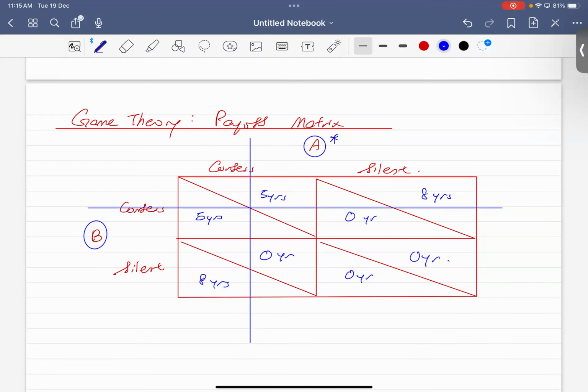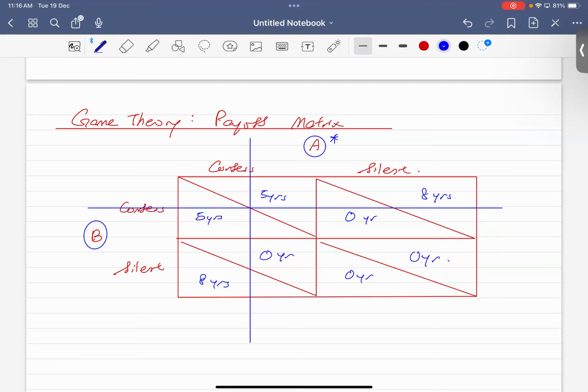This is what I call a dominant strategy actually. A dominant strategy is the best strategy regardless of what the decisions of others are. For example, why you make the decision to confess is because you feel that's the best strategy for you. That's what I call a dominant strategy, the best strategy that you choose regardless of what actions other people choose. So therefore it ends up at this Nash equilibrium.